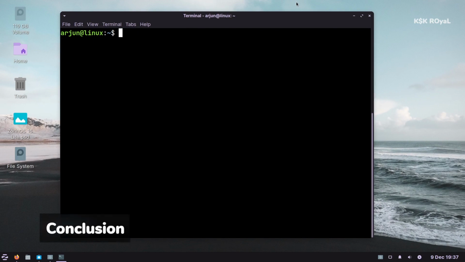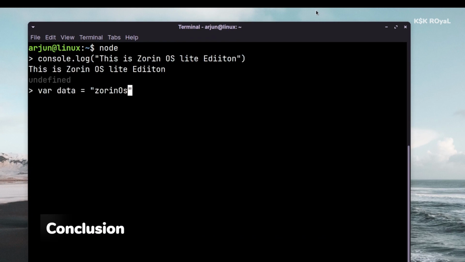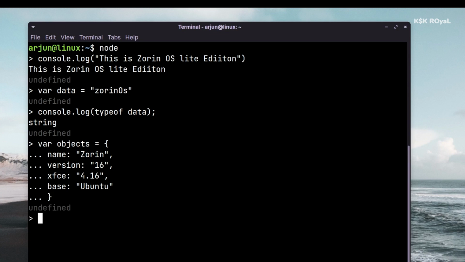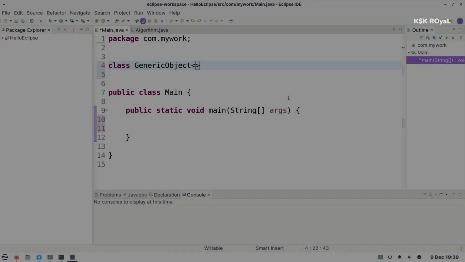Now, overall, I would say Zorin OS 16 Lite Edition is a combination of a tweaked XFCE desktop, which is based on Ubuntu and is made to run on any computer older than 15 years. So if your PC has fewer system resources and you still want to use it for a few more years, then Zorin OS 16 Lite is the perfect Linux-based operating system, supported with software updates and security patches until 2025. This extended support period makes it the perfect choice for large deployments in businesses, schools, and organizations.